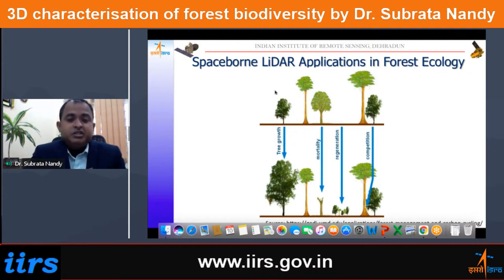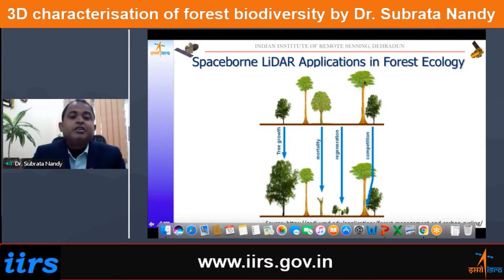But here you can see the tree growth, because there is a repeat pass of this. Then mortality also you can monitor. Regeneration status also can be studied, and competition of plants also can be studied using this kind of data, since